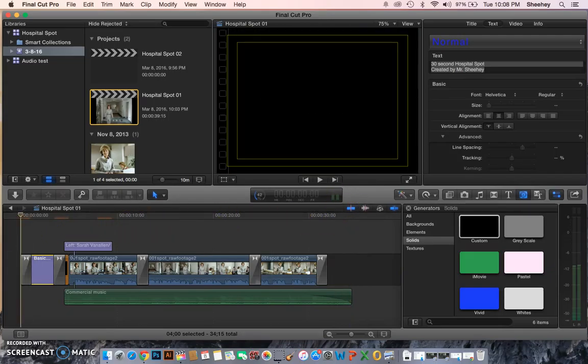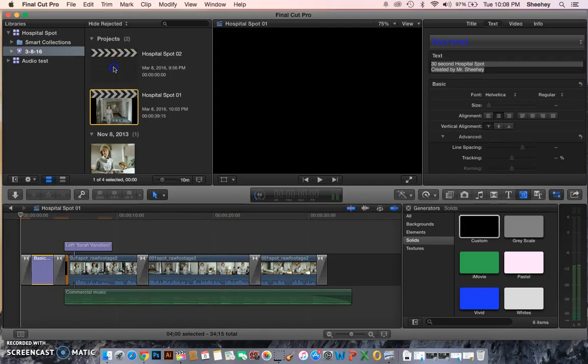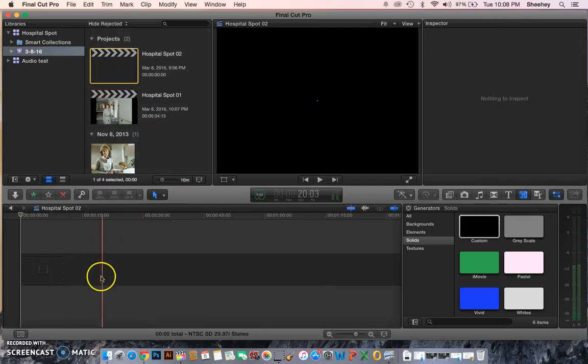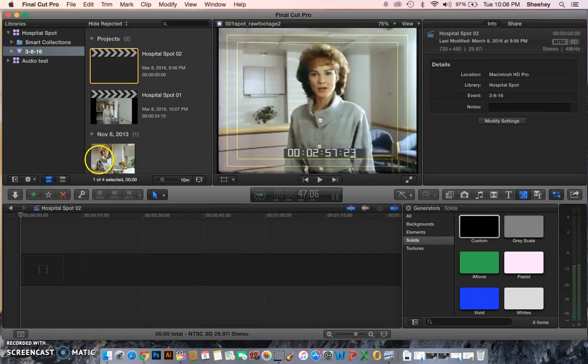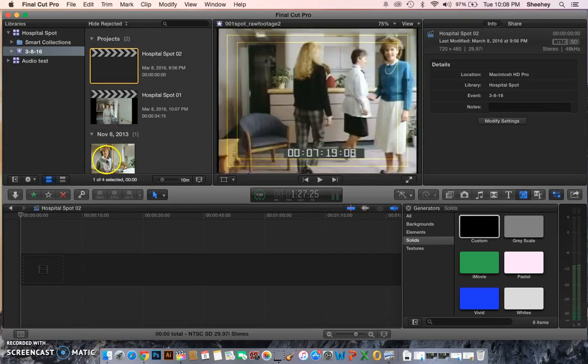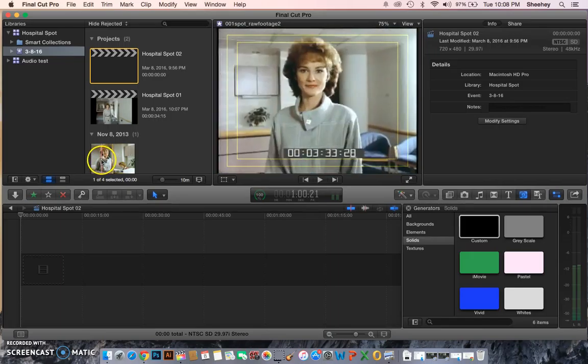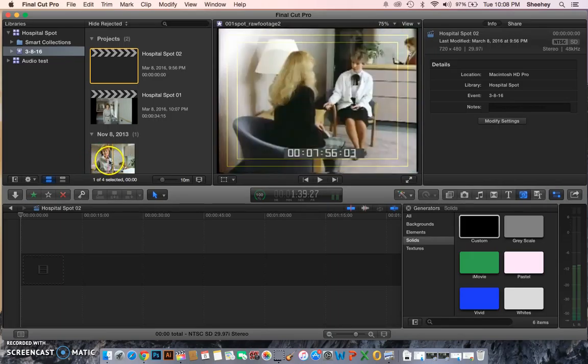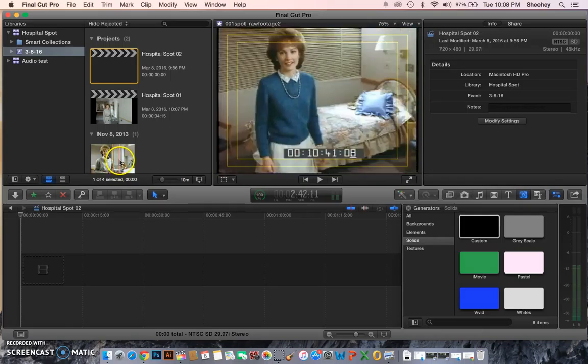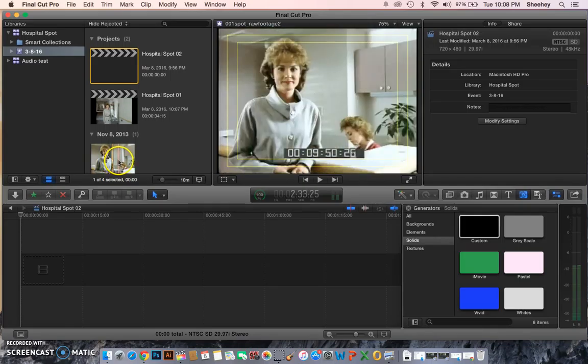Okay, so let's go and do the same thing over again, except it's your turn. You're going to be double clicking on Hospital Spot 2 to load a new project window. You'll then go on the clip up here, and you're going to skim through and find the first one. The first one, you just got to look at the slate at the beginning of the scene and find where it's at. So for example, if we start here,